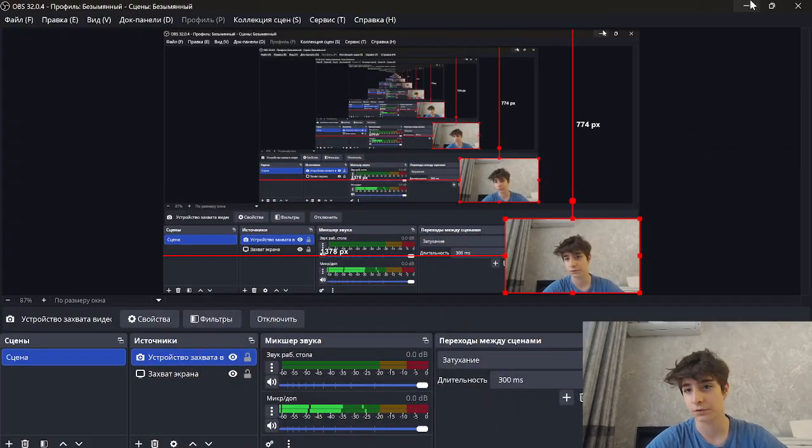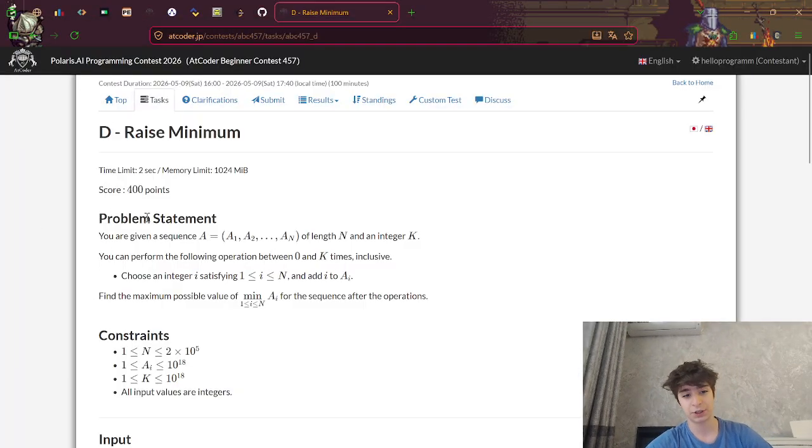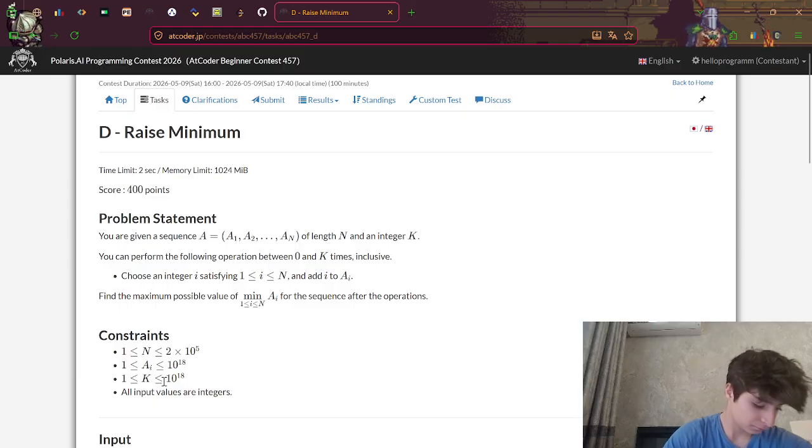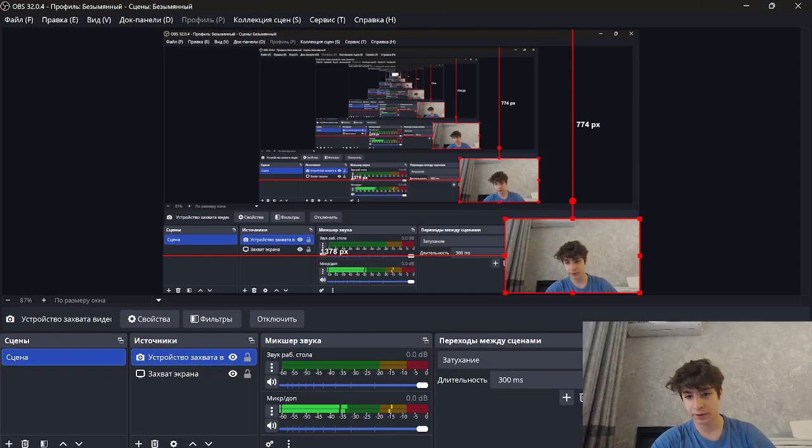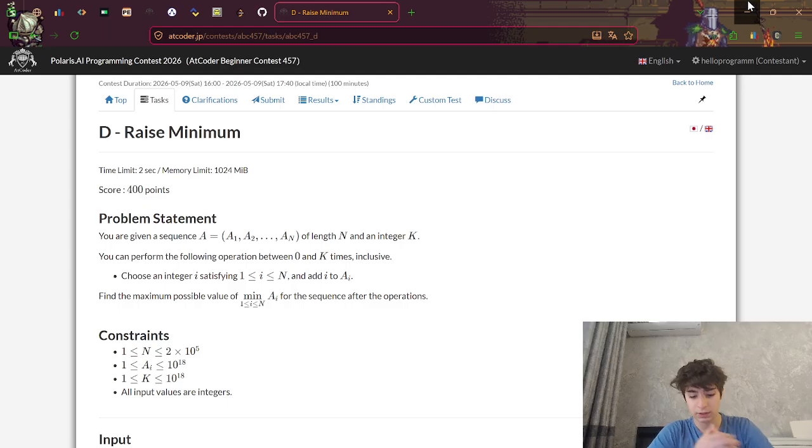So I came back and let's get started on a new task. I already read its statement, and it's really interesting. Why not solve this? You are given a sequence A of length n and an integer k.